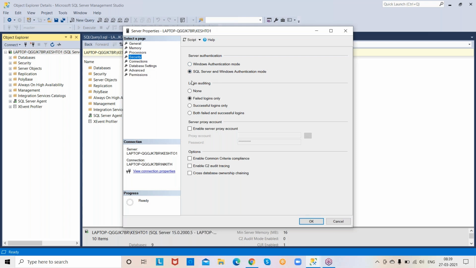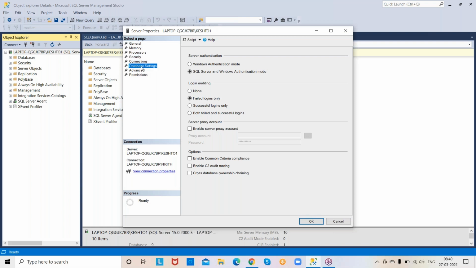If you select mixed mode, you will get SQL Server and Windows authentication mode. Otherwise only Windows authentication login will work, and SQL authentication login will not work. But it is mandatory for us to work with every type of login.